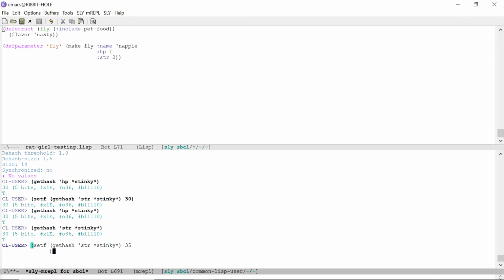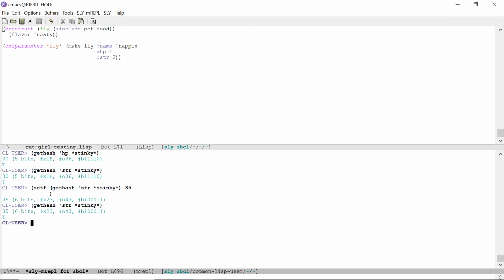Oops. It really doesn't matter where I put my parentheses at, but I guess it does to the person, not the computer. So then now, if we get his health, then it's there. So we should be able to